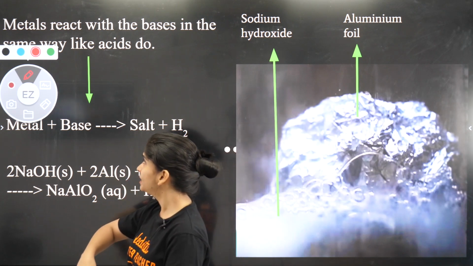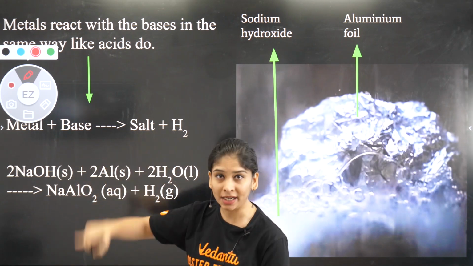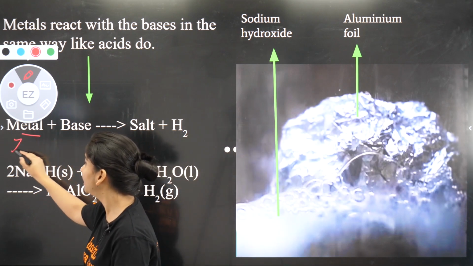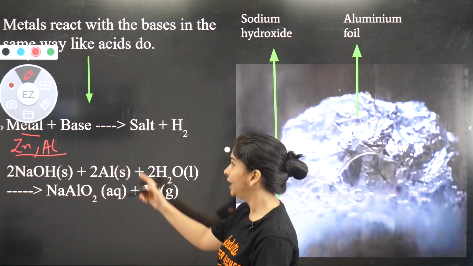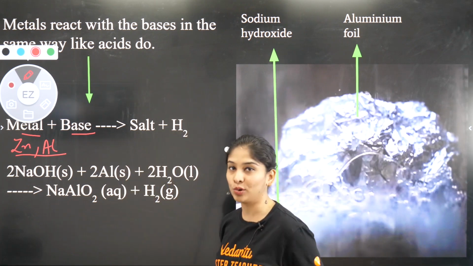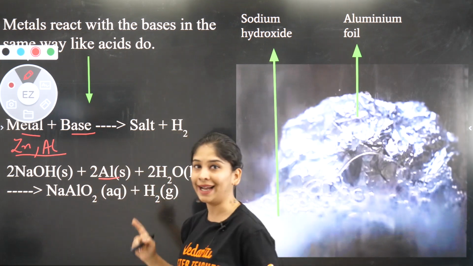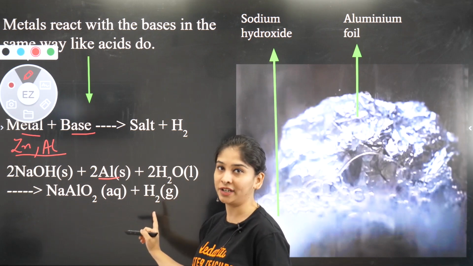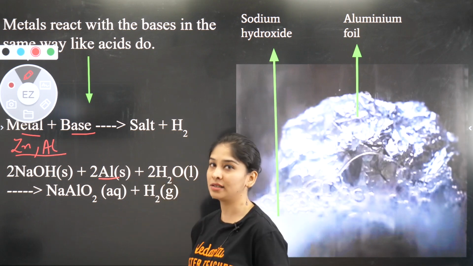Okay, so let's quickly see the reaction. The reaction will be the same: metal with base is going to give you salt and hydrogen gas, but the metal is limited, either you can take zinc or aluminium. Fine, zinc or aluminium, that is going to react with the base to give you salt and the same hydrogen gas. So one reaction I have already included. I took aluminium here. That reaction is also given in the 3rd chapter, metals and non-metals, if you have paid enough attention. And you can follow all the videos of Umang, metals and non-metals, as well as acids, bases and salts.